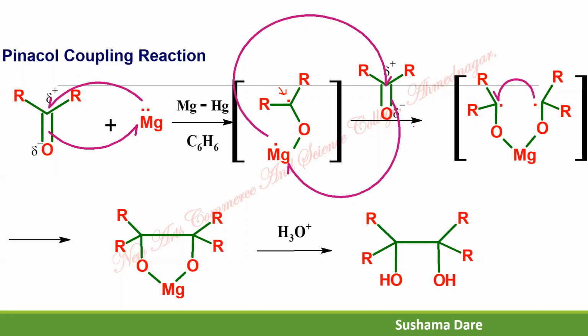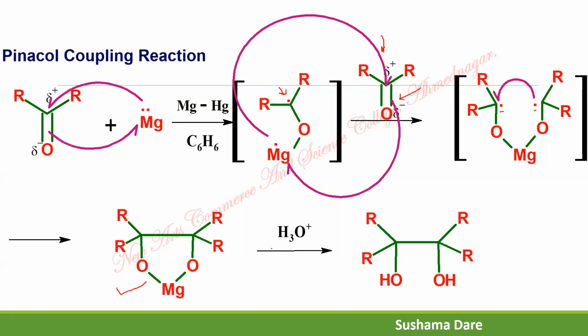Now in the next step, another molecule of ketone, and again the same reaction takes place. The magnesium, having still 1 more electron, transfers its 1 electron to the partial positive carbonyl carbon, and then oxygen again forms a bond with the magnesium. The entire process is again a free radical reaction. So at the end, there is a radical generation over here and radical generation over here. In the next step, there is a bond formation between the carbon-carbon, and hence it gives this product.